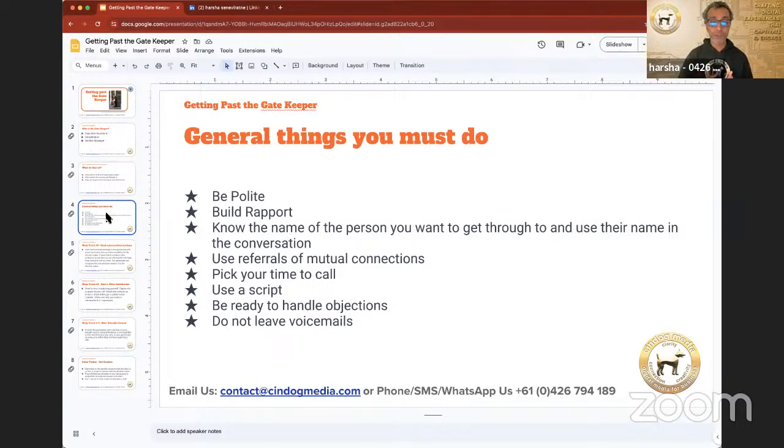So if it's the business owner, they're usually in there quite early. And if you want to get straight through to a business owner, it's probably better you phone before 8, because the gatekeeper may not even be there, or the person who's in charge of guarding the front entrance to the calls that come through. They may not even be there. So make those calls early, or later in the evening, in the afternoon.